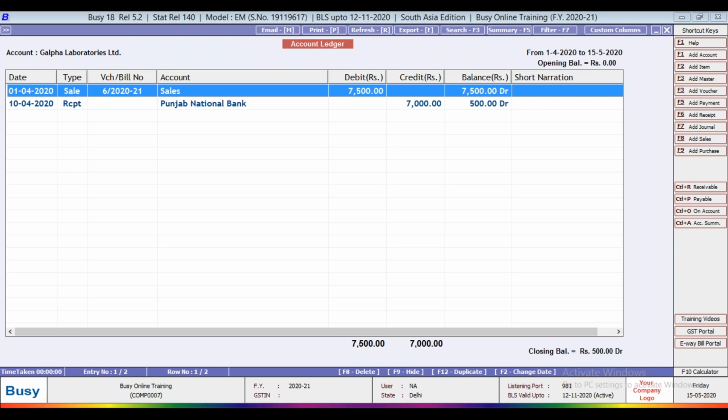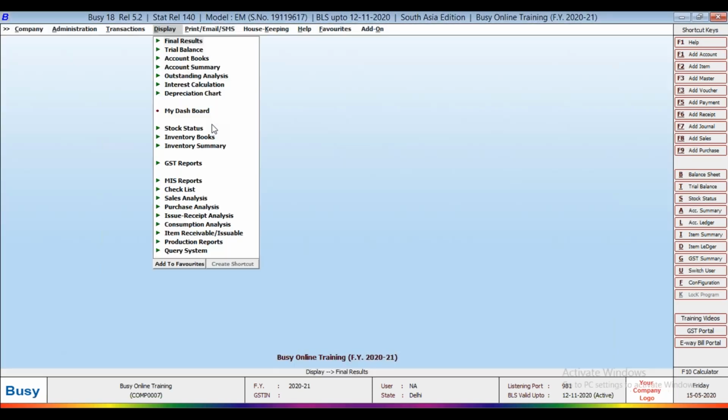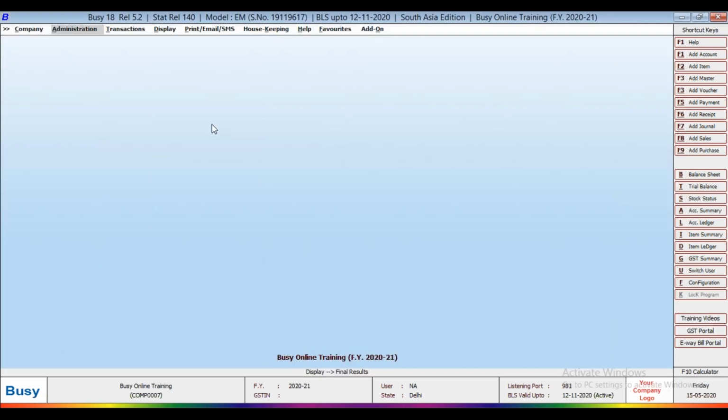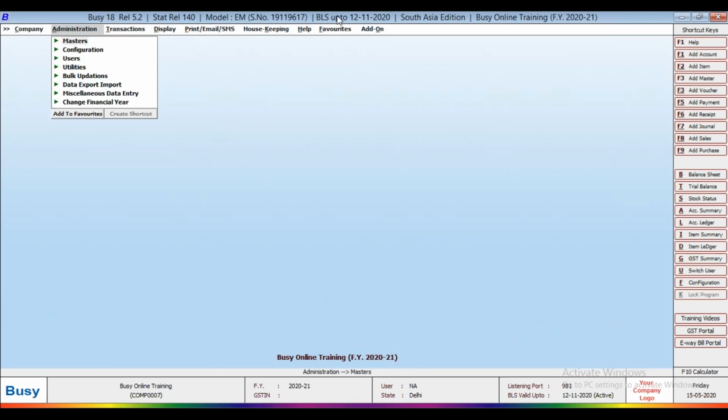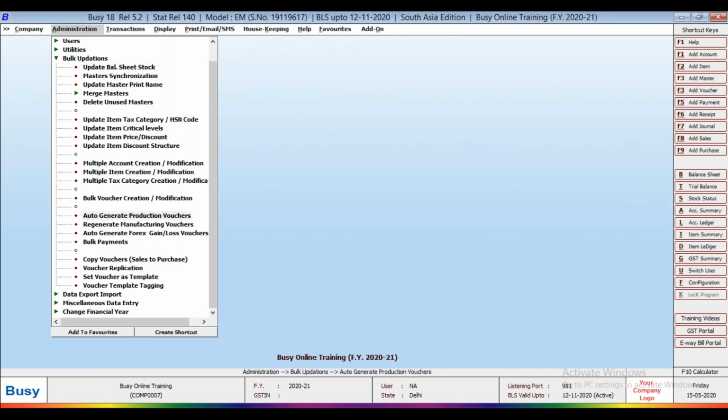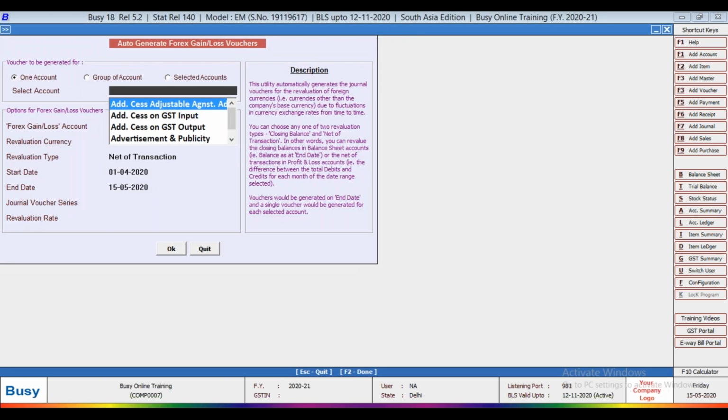So how can I adjust the same? For adjustment of forex gain and loss, you have to go to administration, bulk updation, and auto generate forex gain loss voucher. Select as account.